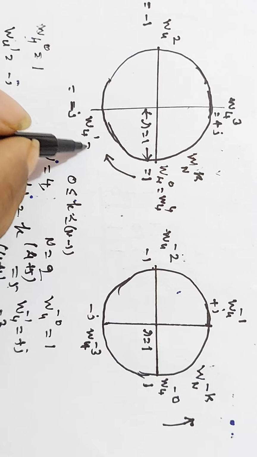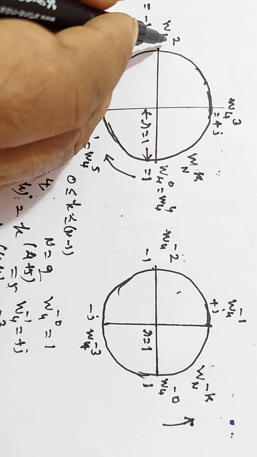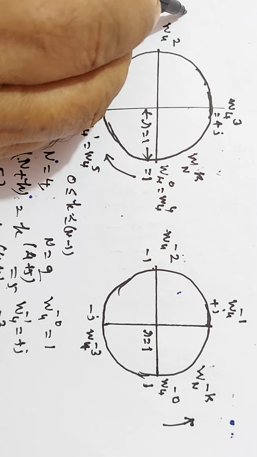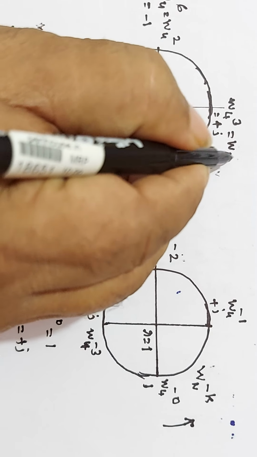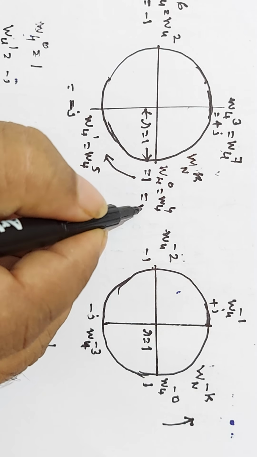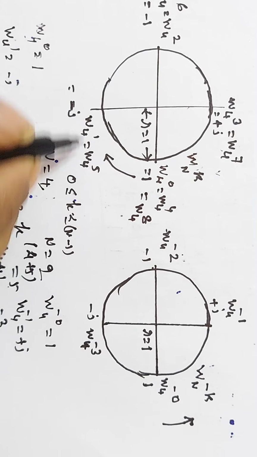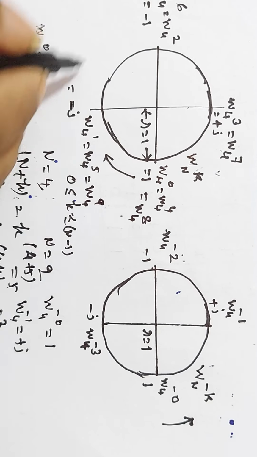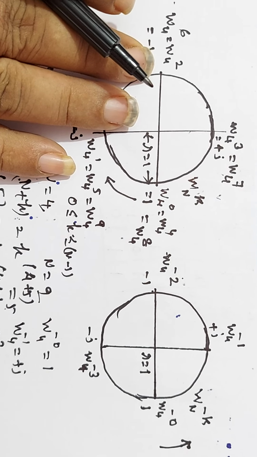Next, this is the fifth sample. It is also equal to W45. Next, sixth sample. That is also equal to W46. This is the seventh sample. Therefore, it is also equal to W47. Again, this is the eighth sample. It can also be represented as W48. Again, this is the ninth sample. So, we can represent this as W49. This is again the 10th sample. So, you can represent this as